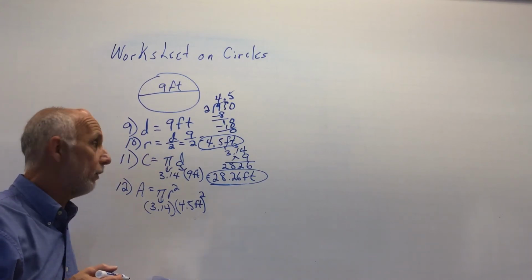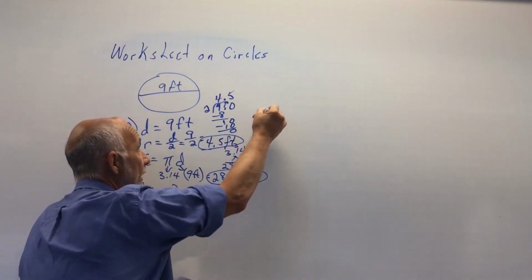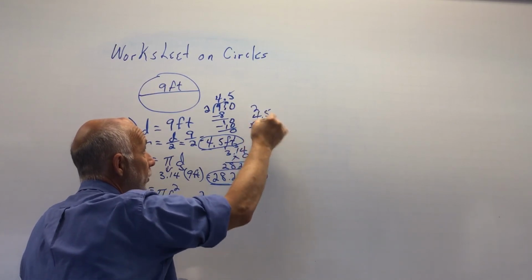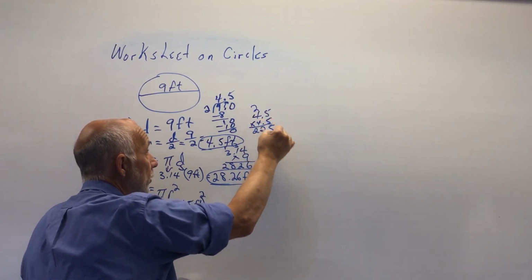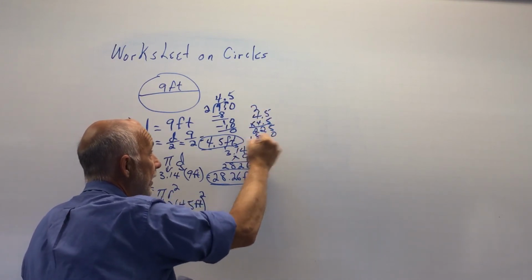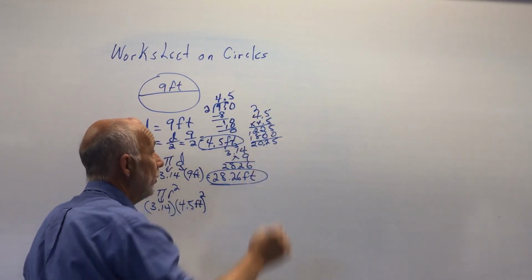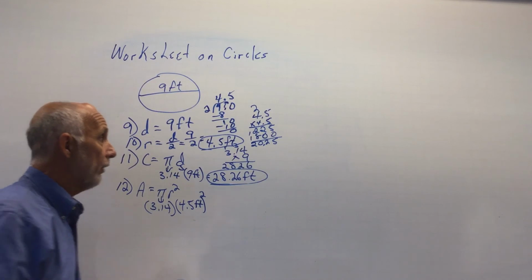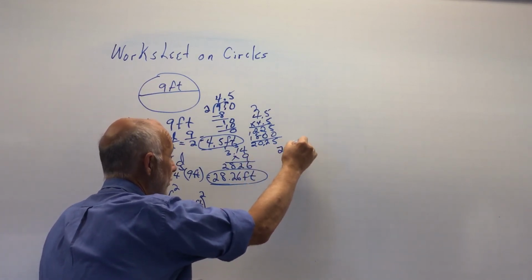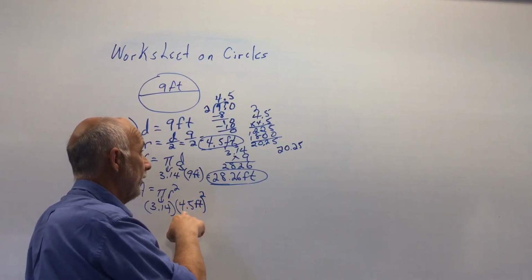I wish I had one right now, because I have to do exponents first. 4.5 times 4.5. 25, carry your 2. 20 plus 2 is 22. 20, carry your 2. 16 and 2 is 18. Again, I'm doing this kind of fast because you don't need to do it. You have a calculator. Then I have to take 20.25 square feet, because 4.5 times 4.5